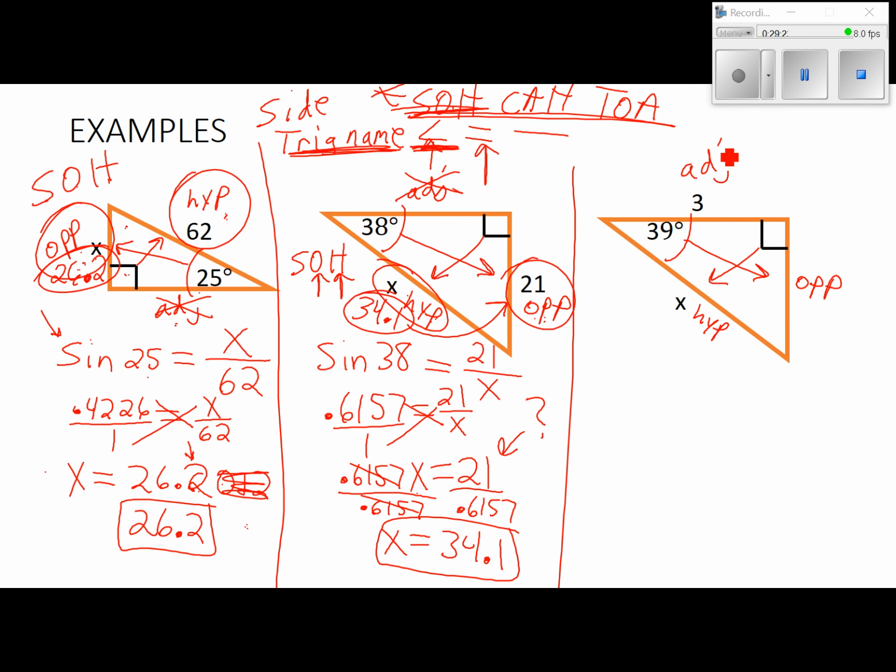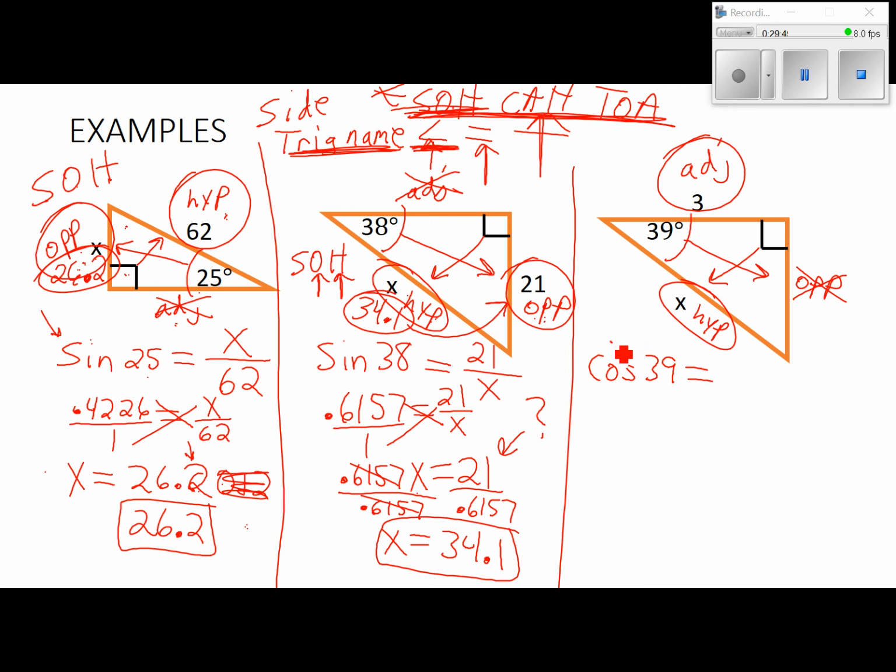We look at what we know and what we're going to use. This time we're not going to use the opposite. We don't care about it, so I'm just going to get rid of it. We're dealing with the adjacent and the hypotenuse. We look back up here at SOHCAHTOA and figure out which one deals with adjacent and hypotenuse, and that's the cosine. So our trig ratio is going to be the cosine of our angle that we picked, 39, equals,